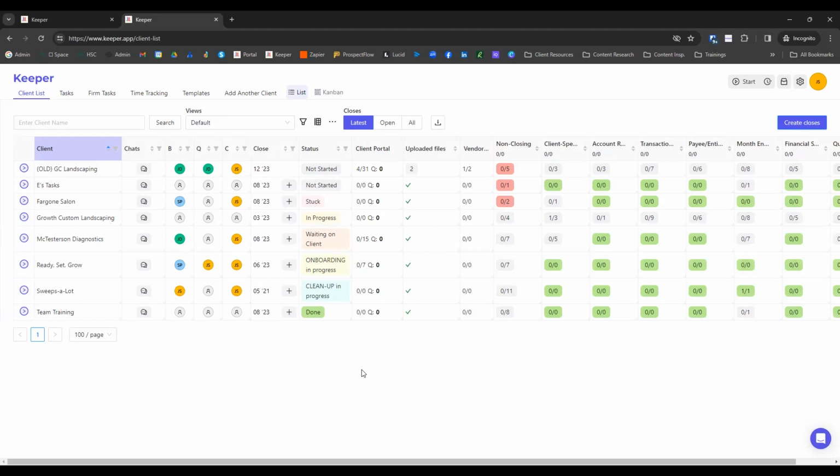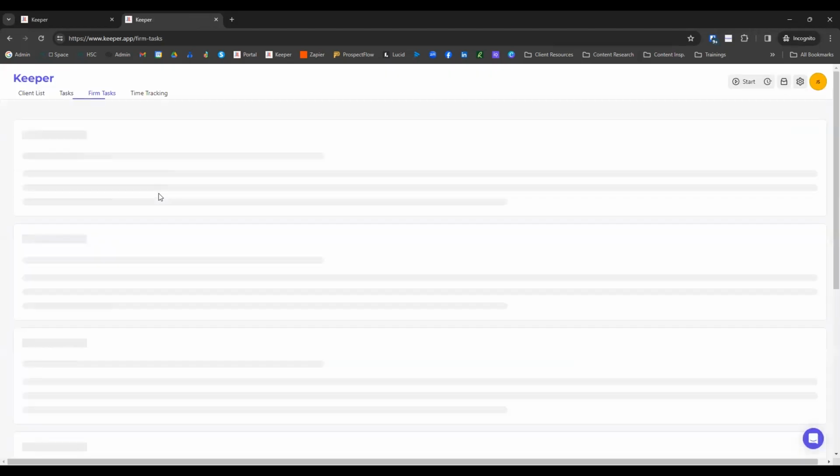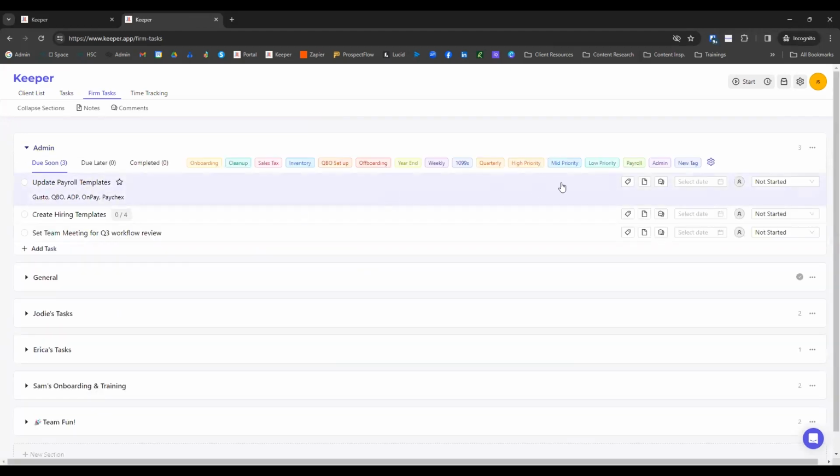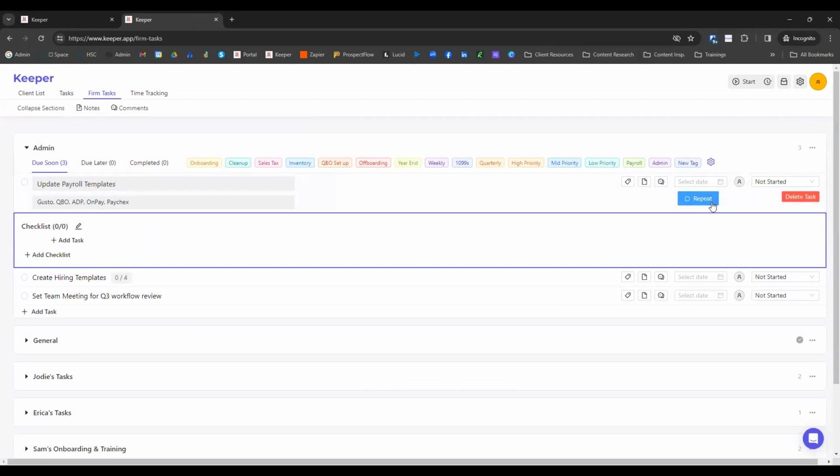I had one quick question on the firm task level again, like the repeating. I created, I'm going to be bringing on an admin, so I did a task in a section. I made a section and I created one and I called it, like, keeper training. Okay, these are the things I want, and then I can assign it to her